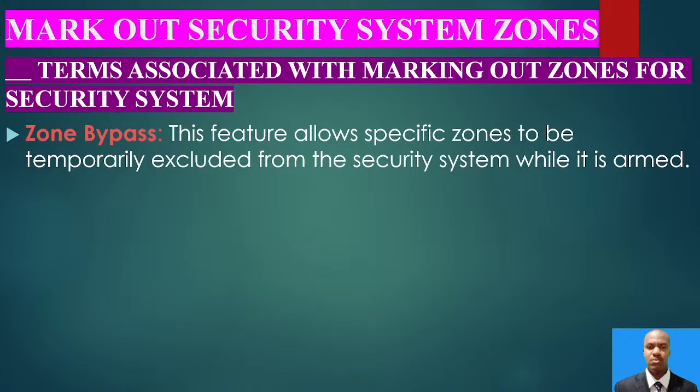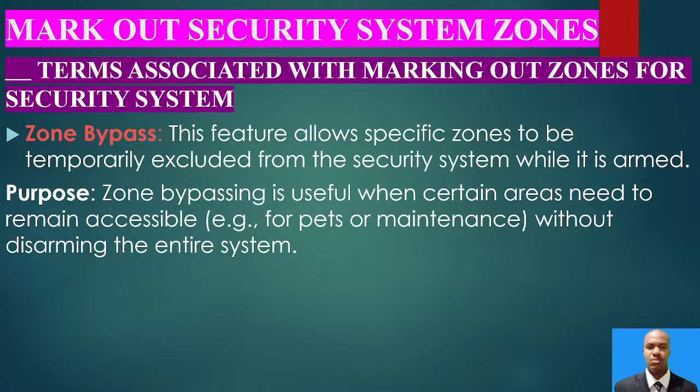to allow for maintenance, or to allow for the movement of pets, or again it can be an offloading area. So you can bypass the zone by disarming the specific zone while you leave the other zones functioning. So the purpose of bypassing is useful when certain areas need to be accessible without disarming the entire system. E.g., it can be an area where you have pets, or you may be doing this for the purpose of